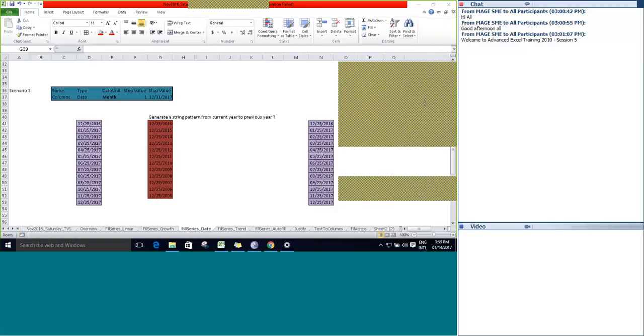And business case when we require the weekday. Say for example, you are tracking a timesheet of your team member. You are not going to track the timesheet of a team member during a weekend. So you want to consider the time in office for a weekday. So that time you can generate a string only for a weekday. So it depends upon the reporting need.